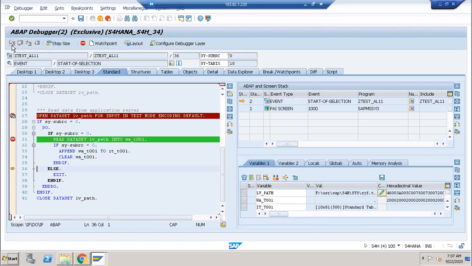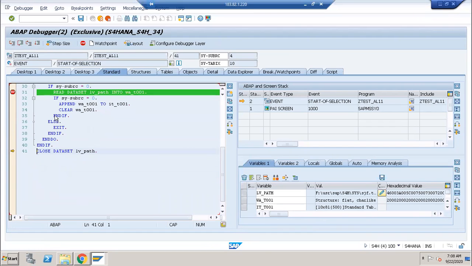Now click on F5 button. See, it is coming to exit here. I mean, else condition is satisfying. So exit is there. Click on F5 button. So it is coming to the end do. Directly it is exiting from the looping statement. Fine. Now exit came here. Okay, exit syntax came here.